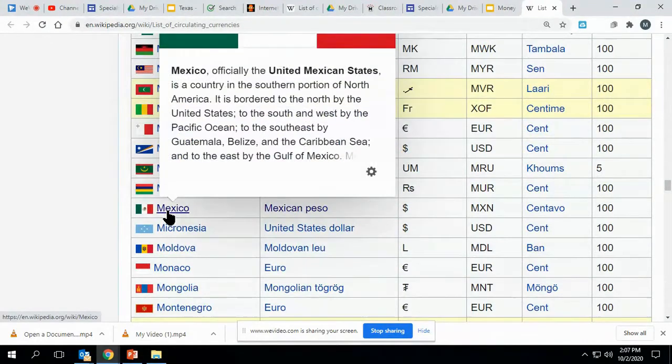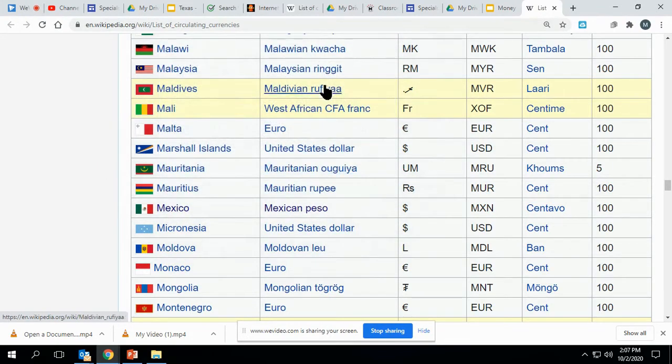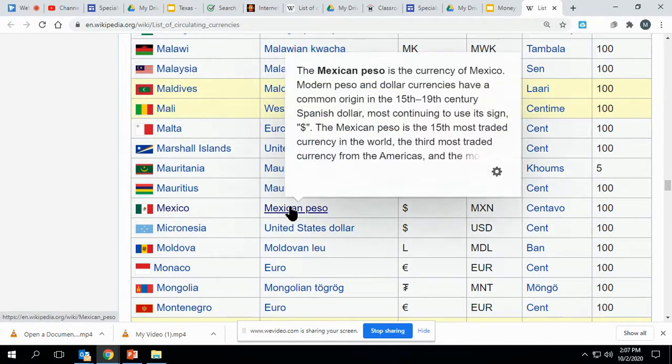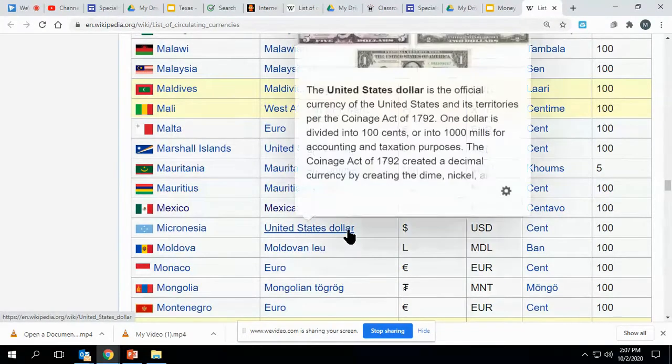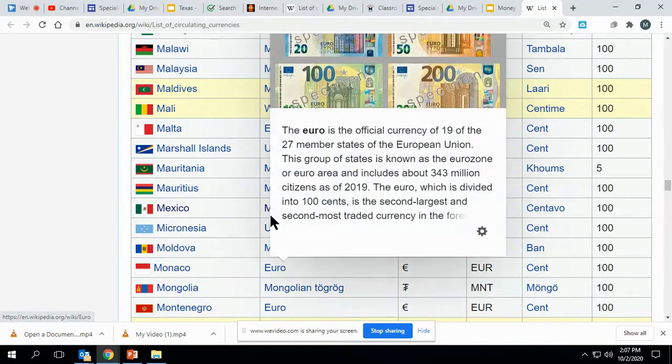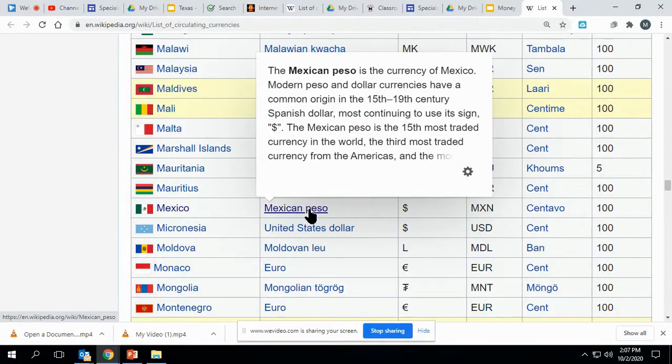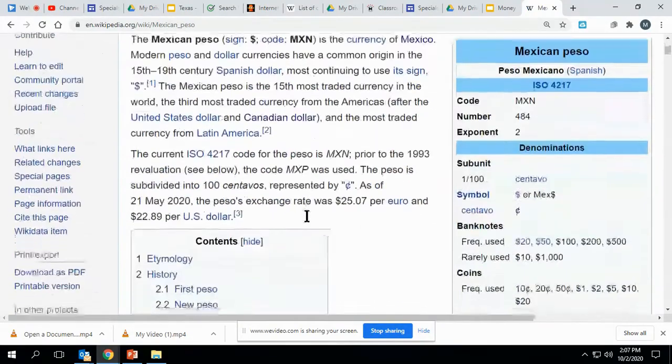Now you may think that you need to click on Mexico, but if you click there, you're not going to get your money. You want to get the section where there are money items. And so we're going to go to Mexican peso because I see that dollars are in here and euros are in here. And I know those are monies and pesos are monies. So I'm going to click there. All right. And in here,